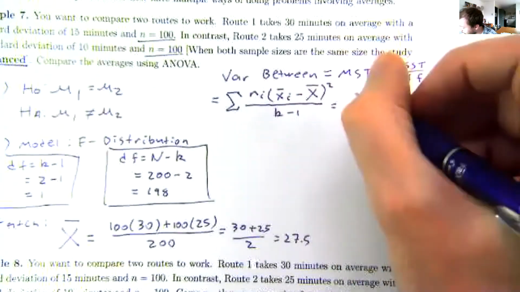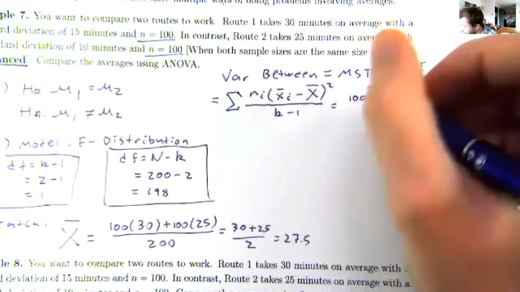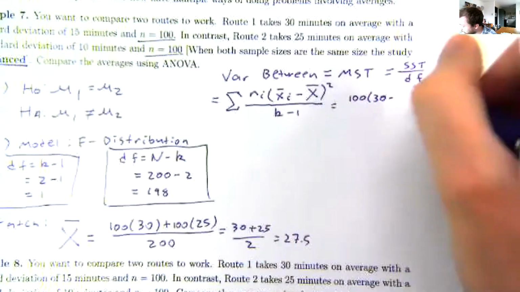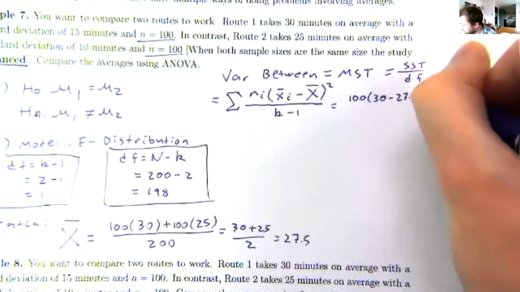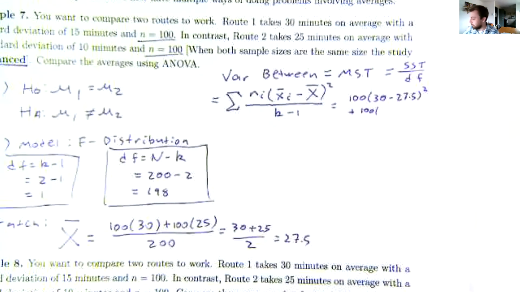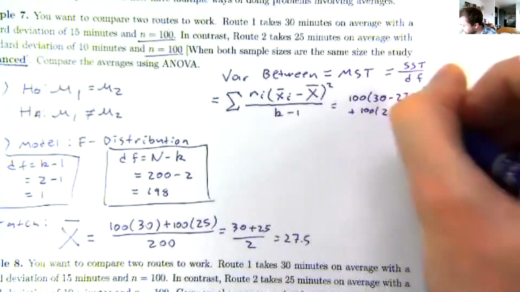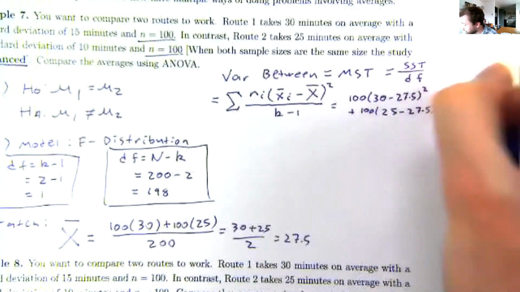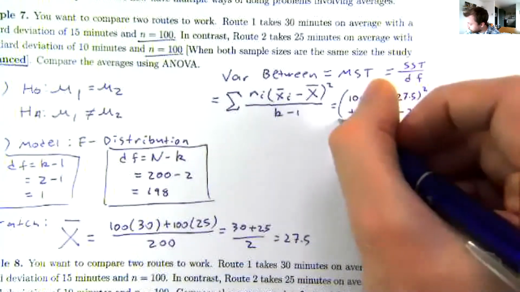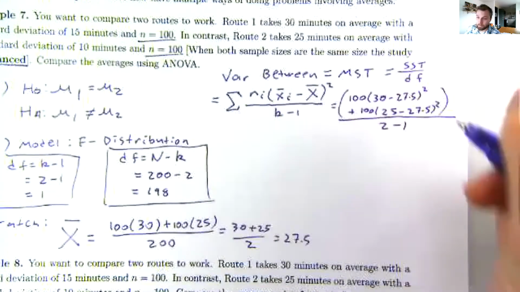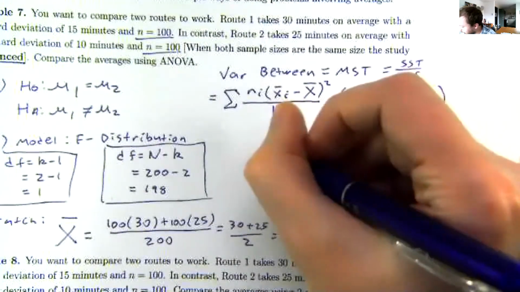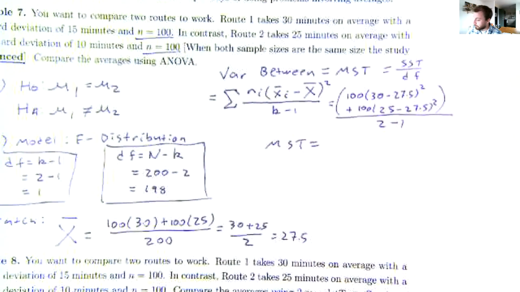I had 100 values in the first group. First average was 30, minus the overall average of 27.5, squared, plus the second group, which had 100 values, with an average of 25 minus 27.5 squared. So I have the sum of the squares of the treatment, and I'm going to divide this by the number of groups take away 1. Oh, 2 minus 1 is just 1. I could not ask for better numbers for this problem. So my MST, my variation between,